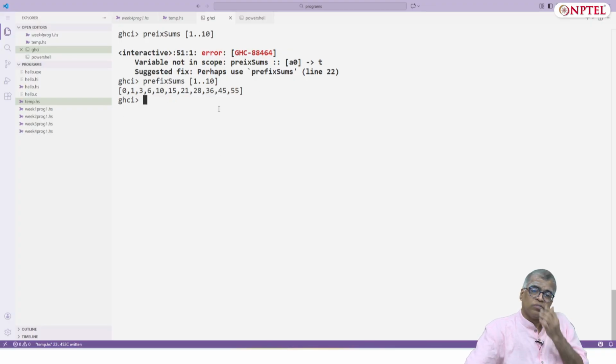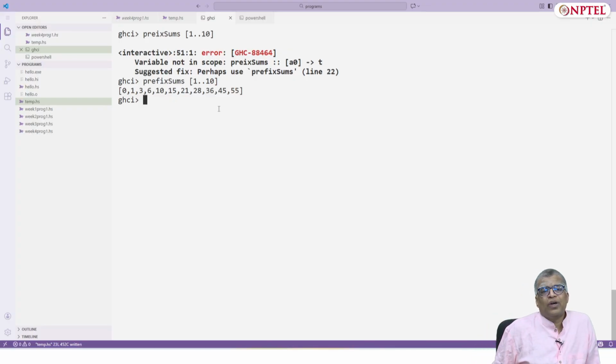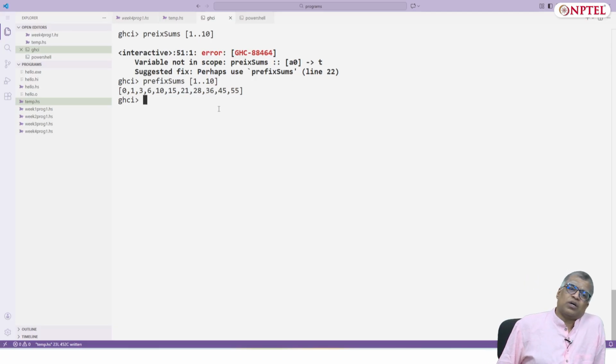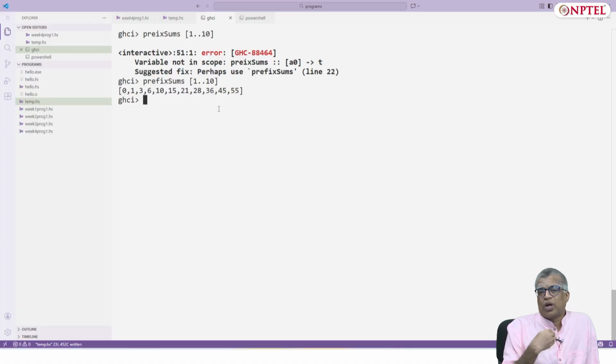So this is a nice and quick way of getting this, and prefix sums are useful because they keep a running total. You might have some accounts, and every day you want the total at the end of each day. That is what this represents.